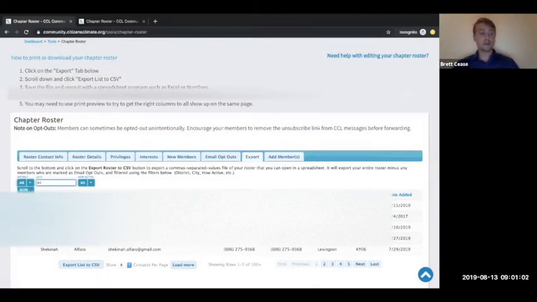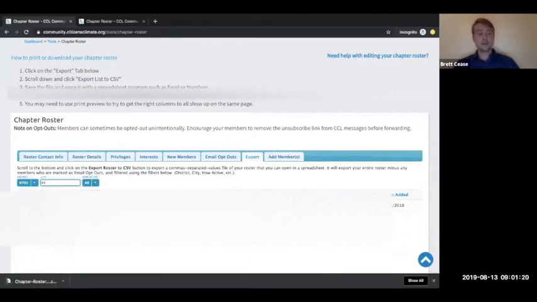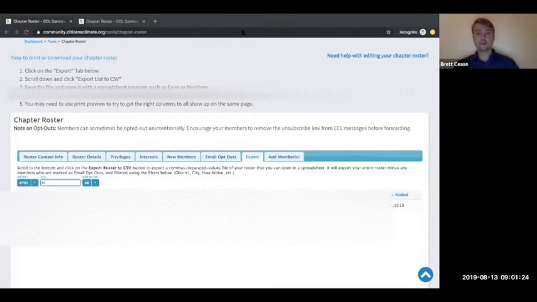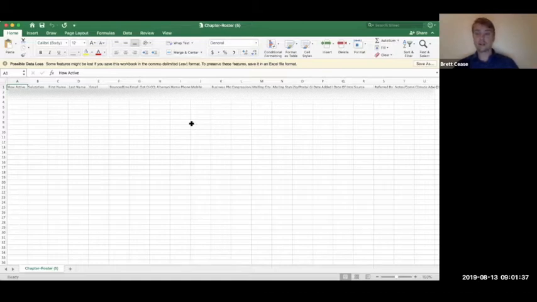Say you only want to show people from a congressional district. And then what you do is you will just click this export list. It'll download on your own downloads, you can see right here. And then if you open it up, all of that information is available in a CSV or an XLS file for you to be able to use